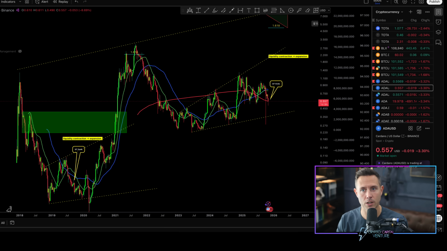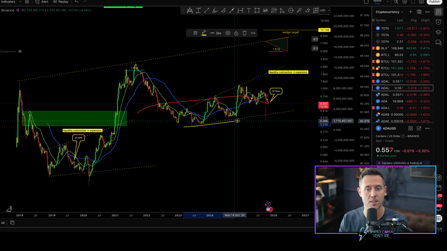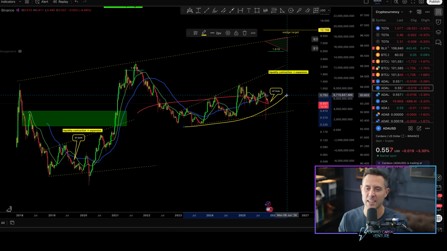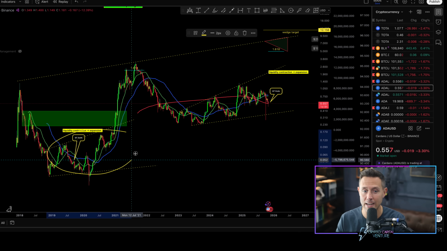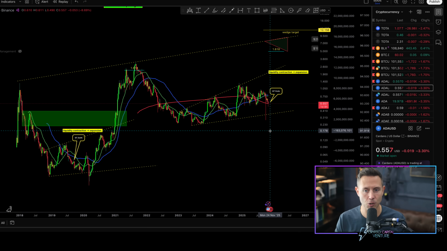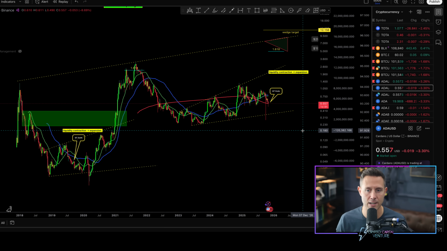Can you see? Let's go look at an ADA chart. Here's the ADA chart. And let me just first explain. When I overlay it, it's crazy. But let me just first explain. I've been impressed that even through QT, something like ADA has been in a higher high, higher low environment. There's been frustration along the way. I get it. We don't need to harp on that. But the structure that's been forming this cycle, even compared to last cycle, has been really cool to track. The technicals have been really cool to track. We're waiting for really big breakout moments and indicators from a price action perspective.